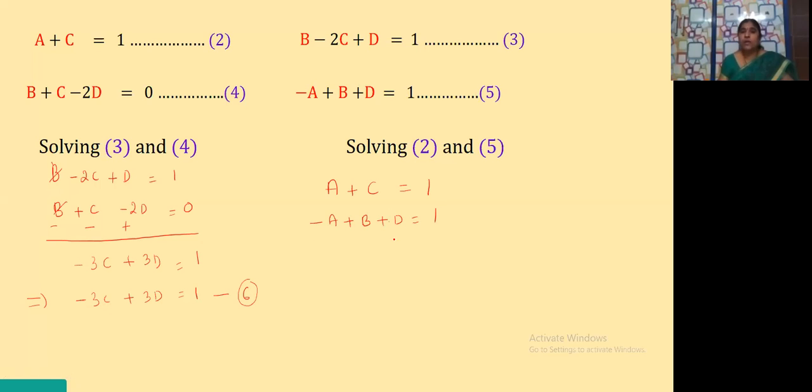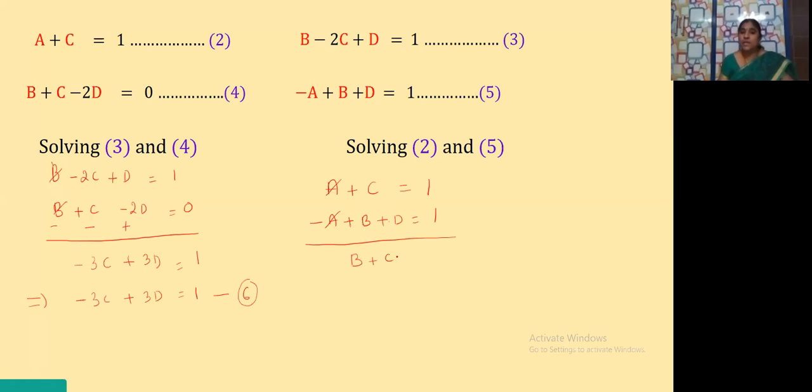Now here no need to change the sign because already plus a are of opposite sign. Two a's are of opposite sign. So plus a and minus a is cancelled. So what is left here? Because nothing can be added to nothing can be subtracted here. So we are adding all the terms as it is.